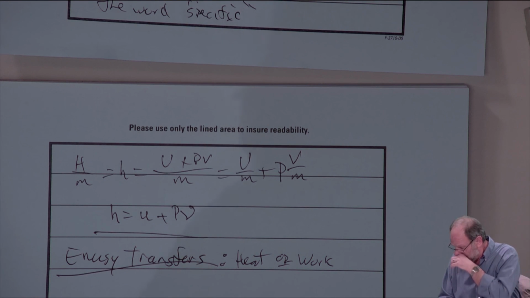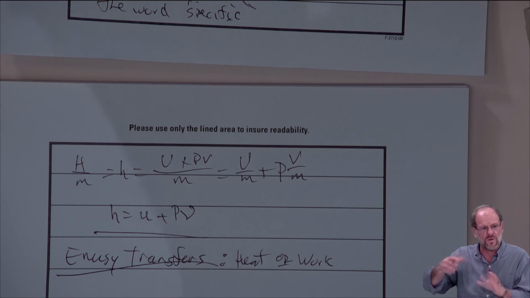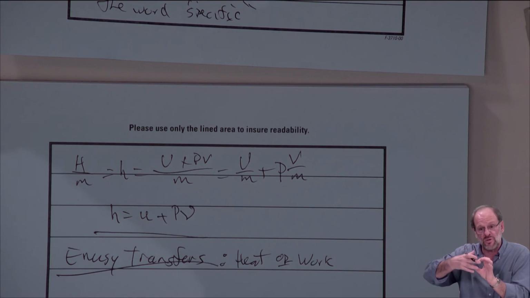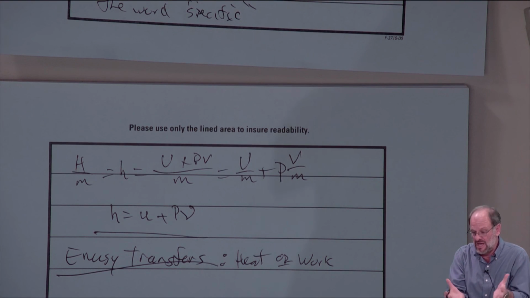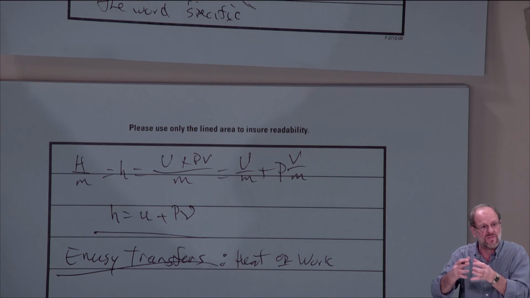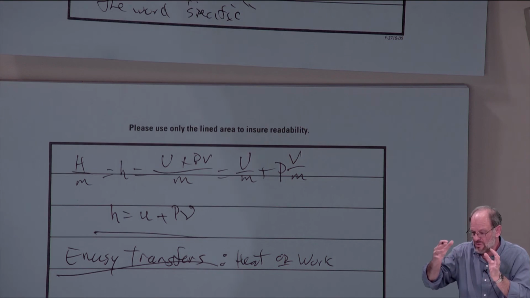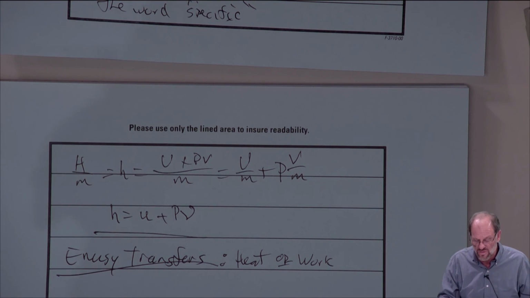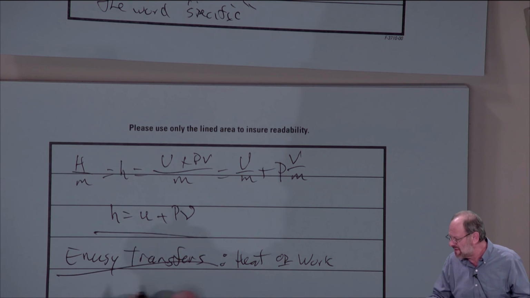If, on the other hand, there's some imbalance in forces, if we're pushing onto our system from the surroundings, or if the system is pushing onto the surroundings, maybe it's a flexible container like a bag, and if we're able to expand or contract that bag, well, then work is being done. We're adding a force, we're changing the volume, we're moving a force through some distance, so that type of energy transfer would be considered work based on an imbalance in forces, as again we've talked about last time. What we need to do now is make sure that we understand a little more about the units, the sign convention. So we're talking about basics.